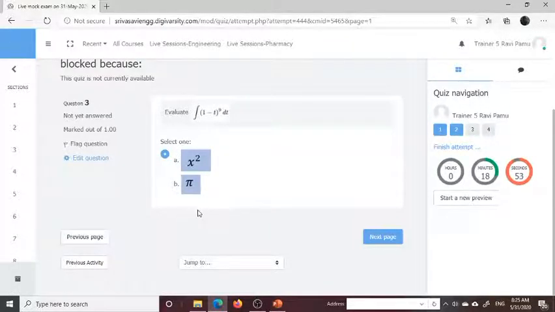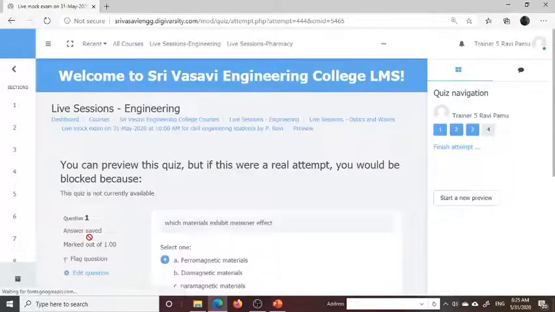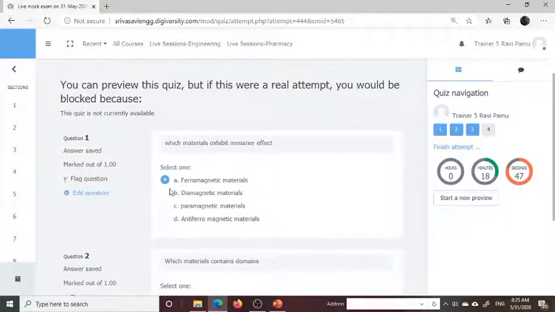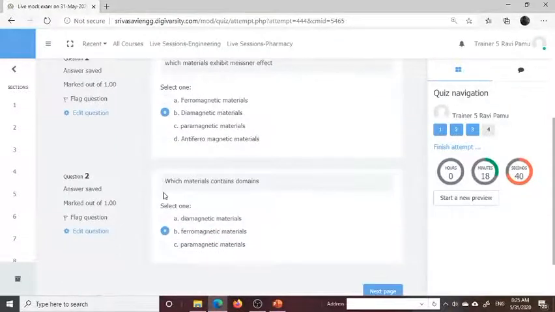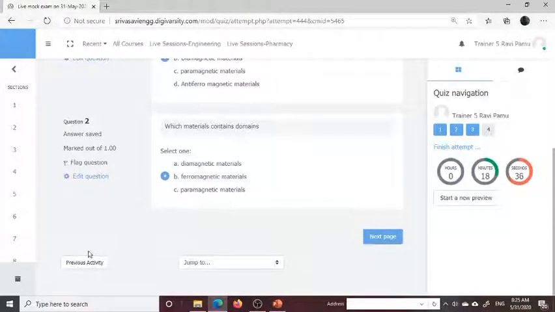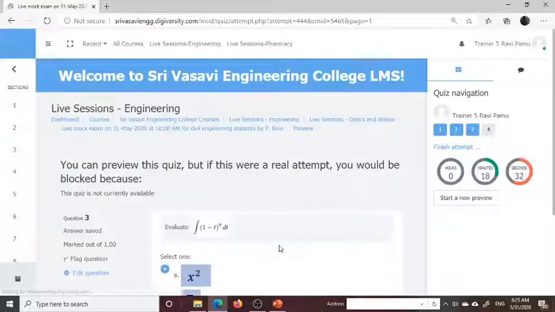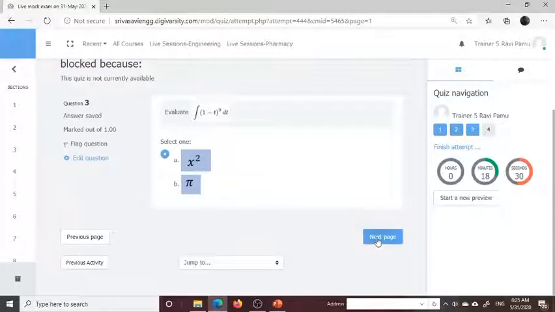If you want to move to the previous page, you can move to the previous page and see. There is no option for removing it, just editing option only in the student point of view. Next page.